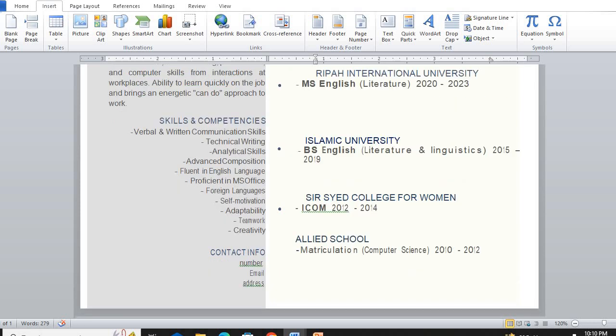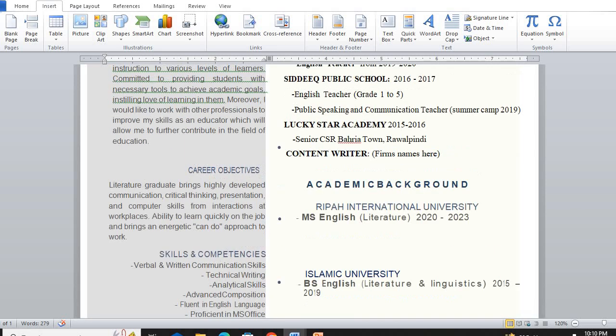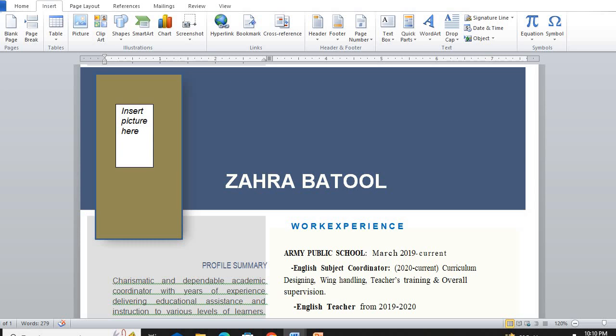Now look at the skills. Verbal and written communication skills, technical skill, analytical skills, advanced composition, fluent in English language, proficiency in MS Word, and so on. Then again your number, email, and address. That's all. These are the three formats. The first one was the simplest one, then a little advanced, and this is the most advanced one right in front of you. I hope you enjoyed